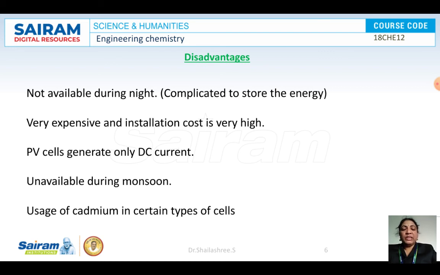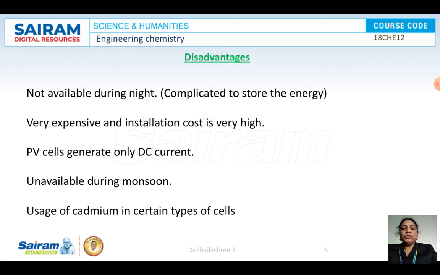Here you need to explain a little about Planck's equation also. The energy from sunlight travels in the form of small packets of energy called photons. The photons carry some amount of energy, given by E = hc/λ, where h is Planck's constant, c is the velocity of light, and λ is the wavelength of light. When this energy falls on the solar cells, they absorb that energy and electron-hole pairs are generated.